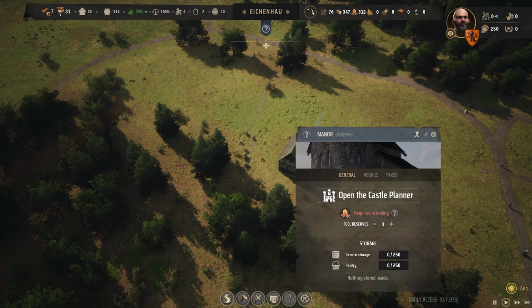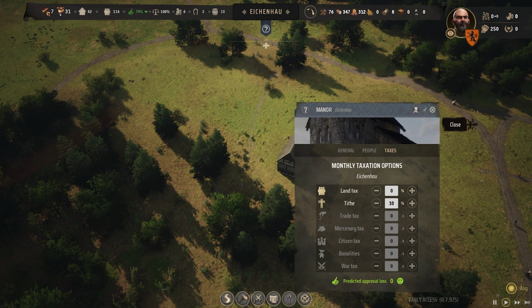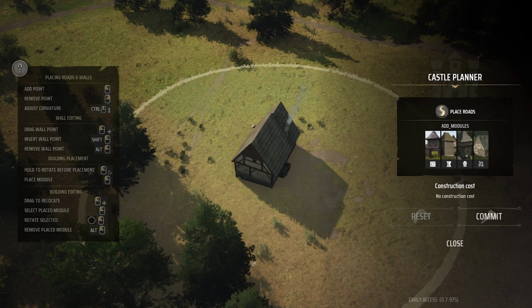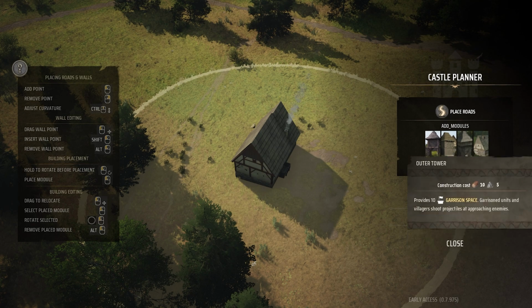And we have our people in there. Taxes, we leave our taxes for now. We do have our retinue. We've only got 5. So if we go to the castle planner now and have a look at our outer tower